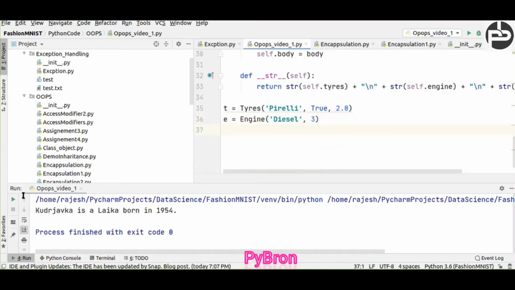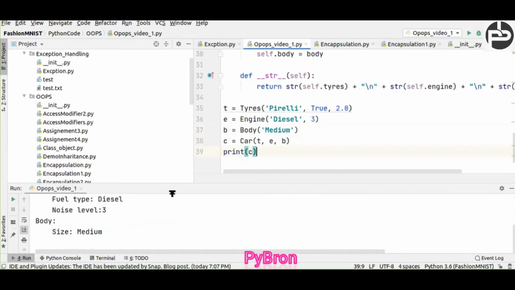Now we have to pass these three objects into the Car class, and then I want to print this. Let me print it, and let me execute this code.